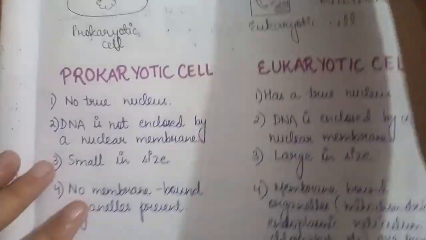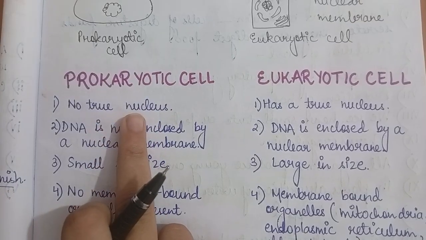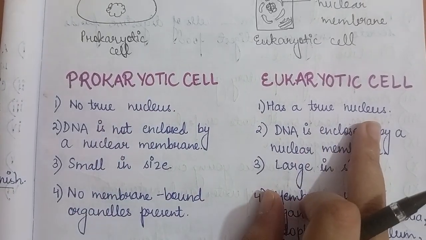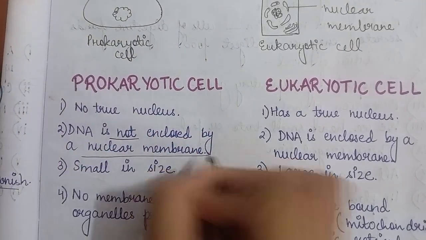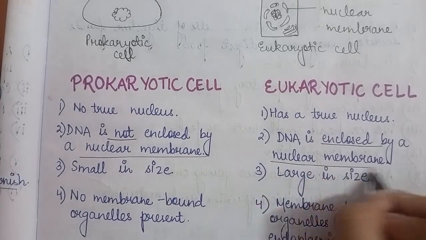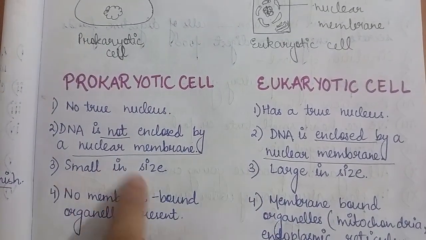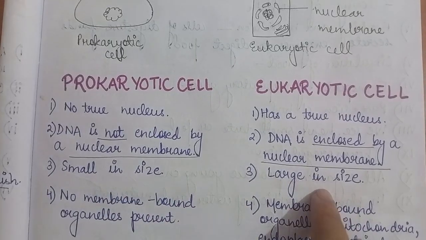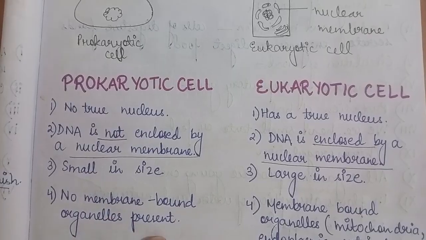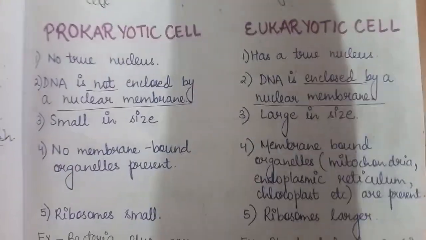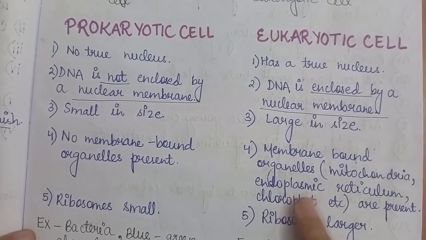Now let's see the differences. They have no true nucleus, means no nuclear membrane is present around the DNA. They have a true nucleus. In this, DNA is not enclosed by a nuclear membrane, and here DNA is enclosed by a nuclear membrane. Prokaryotic cell is generally small in size, while eukaryotic cells are larger in size. Here no membrane bound organelles are present, and in eukaryotic cells, membrane bound organelles like mitochondria, endoplasmic reticulum,